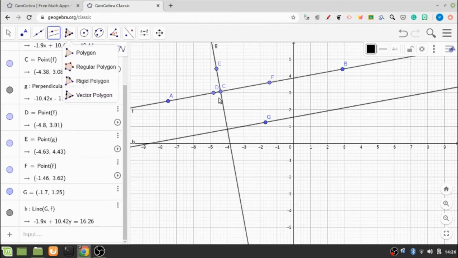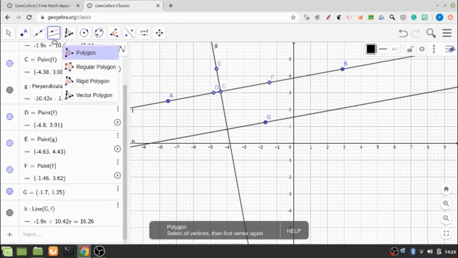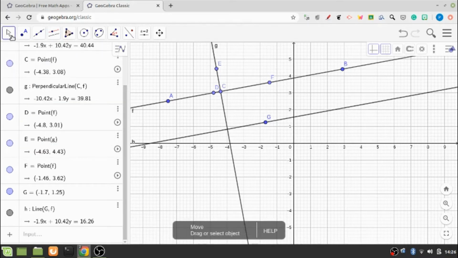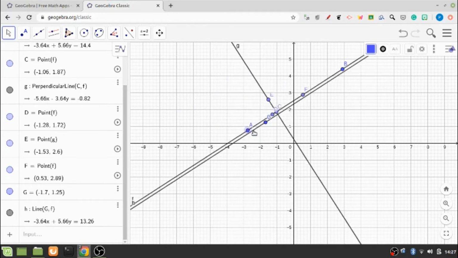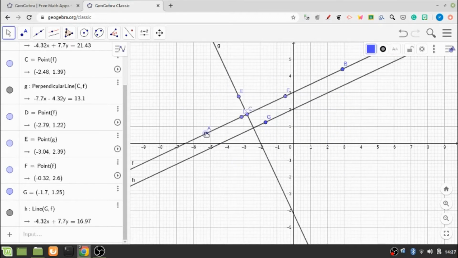Now let me show you one property of this line. I go back to the Move tool and select it, and say I click on any of the points on this original line, and I move these lines.